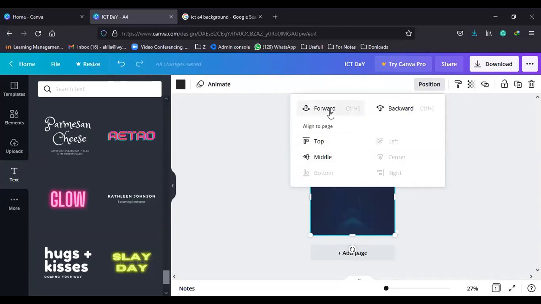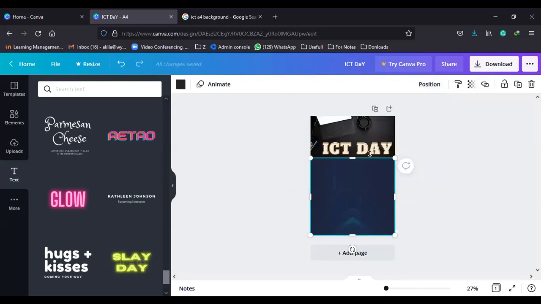Because every element that you're going to add into the canvas will be placed as layers, layer by layer, one layer on top of the other layer. So you can change the positions of these layers. You can move them forward or move them back.